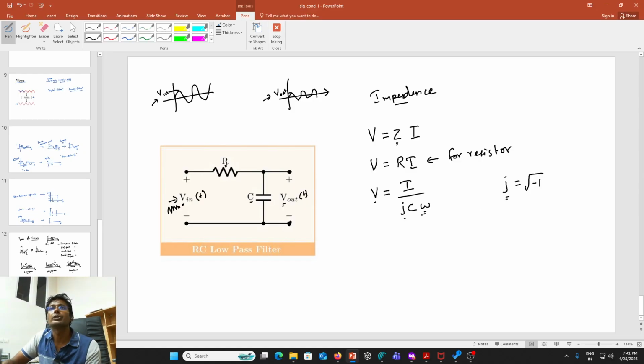Okay, so now this is the impedance relation for a capacitor. Now with these things, let's do our analysis. If we do our analysis, then we can say V